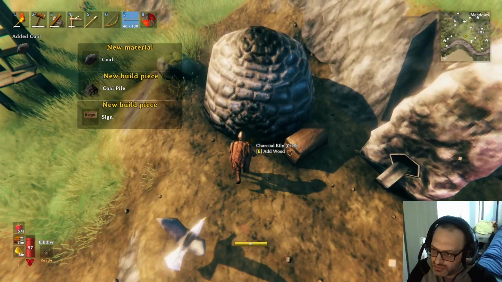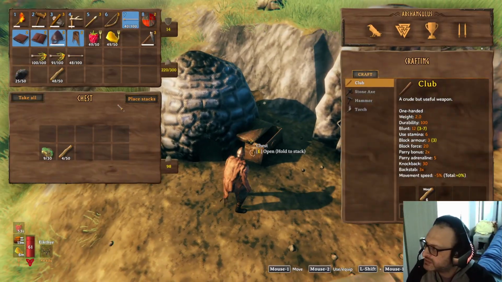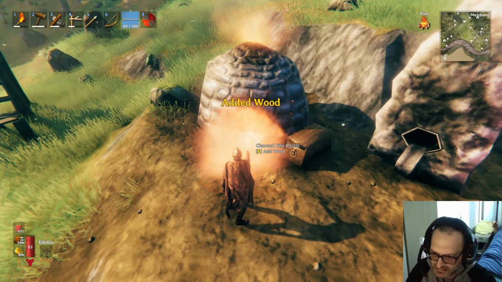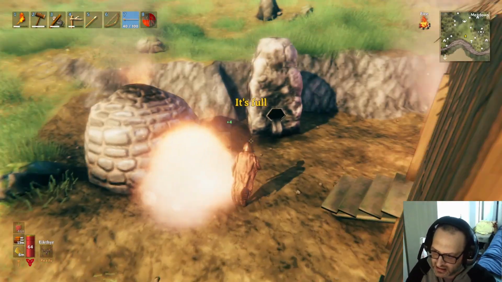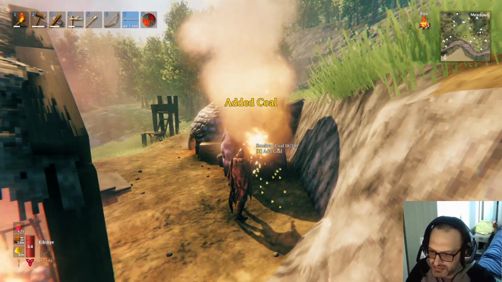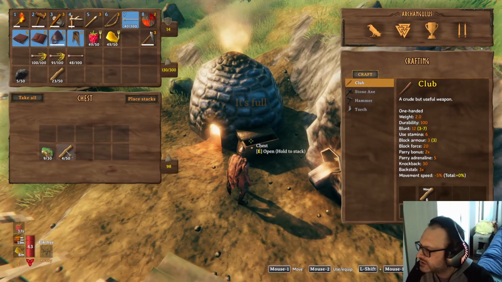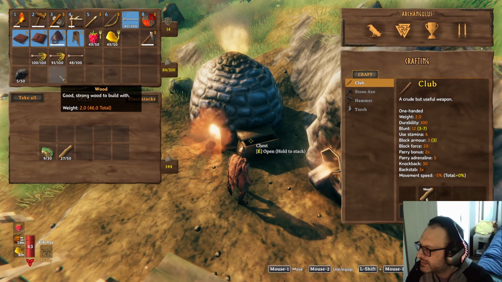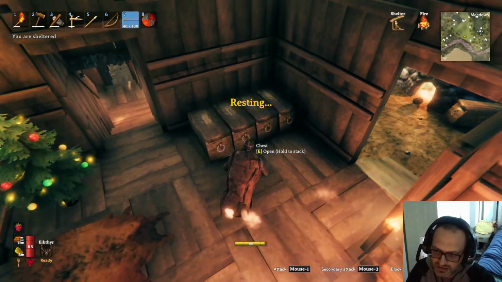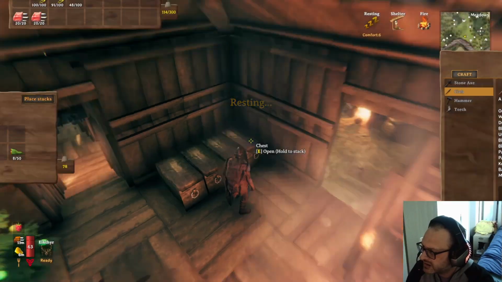Oh look, looks like the kiln's done. So we'll grab the bits there. You can see we have some new bits and pieces. Throw that into our smelter. That's churning away like a good one. And there we have it. We can put the charcoal in there as well. Okay, so in the meantime,